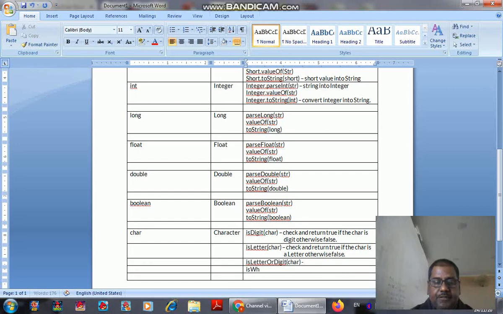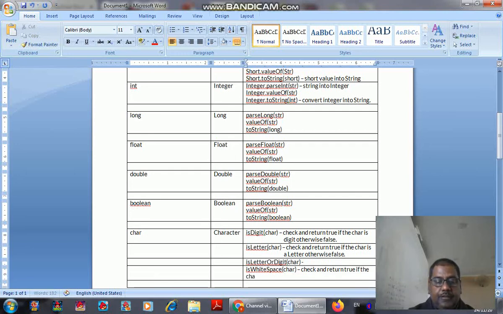Next we have isWhitespace. It will check and return true if the char is a space or not. If it is a space, it returns true, and if it is not, it is going to return false.